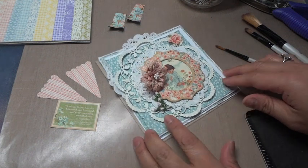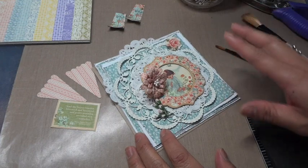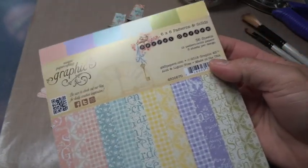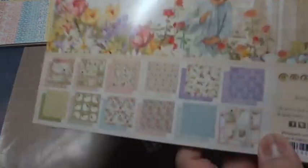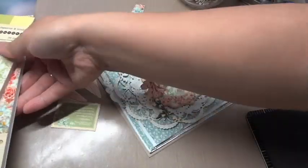I'm in the process of creating a card. I haven't glued all of this down yet, but I'm creating lots of layers, and this card's being created using Graphic 45's Secret Garden 6x6 papers, patterns and solids, as well as the Secret Garden 8x8 paper pad. Those coordinate nicely together. Now, while I was making this card,